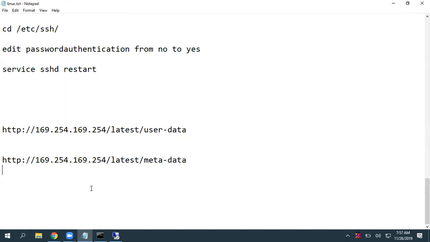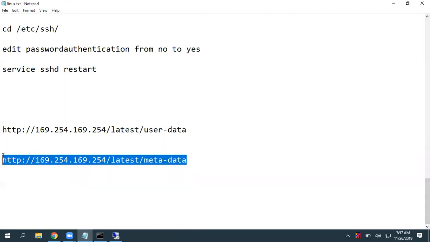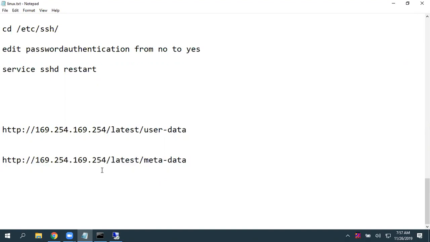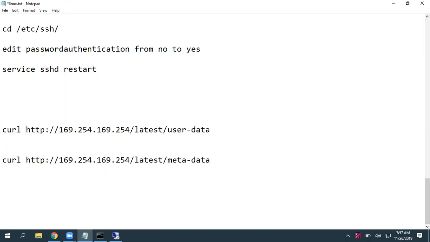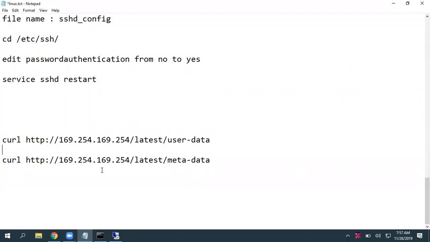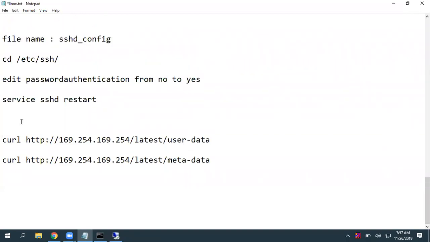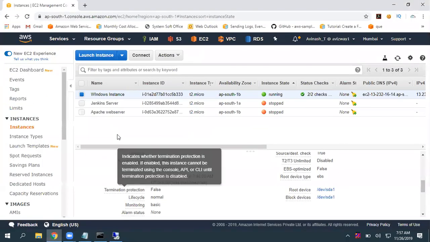When coming to Linux operating system, there is no change in this URL. It is same. The only thing is, in Linux operating system, we are not going to get a browser. So you cannot view that. So we need to give one command called curl. It is going to display everything. The output will display in our terminal. So give curl space, give the URLs, metadata URL and user data URL. It gave same information.